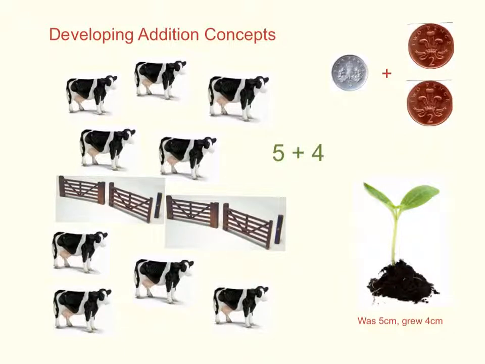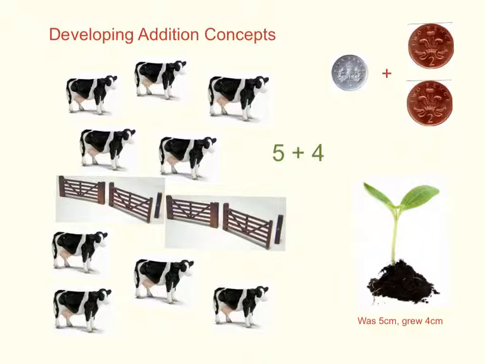This video will look at how children develop addition concepts and the initial strategies that they'll build. Addition progresses on from children's counting experiences. One type of addition is where two sets are combined, for example if a farmer's putting all of his cows in one field. Children also need to be exposed to addition using other forms of number, such as growth or